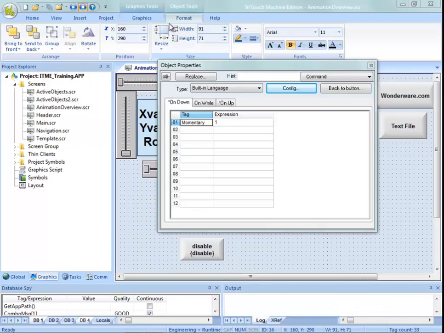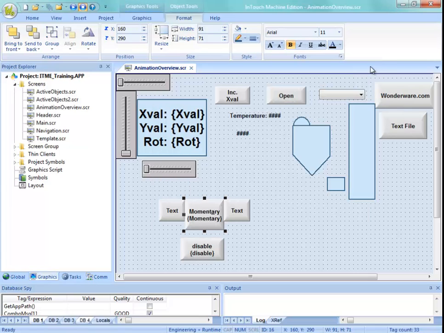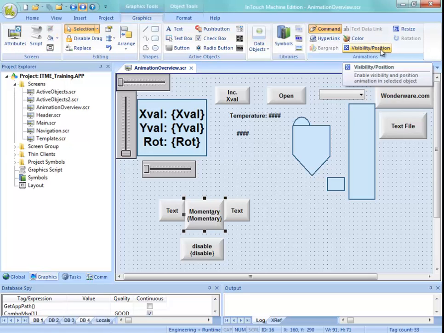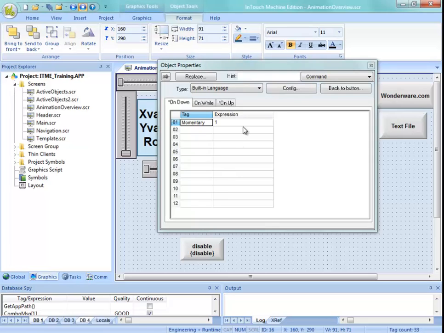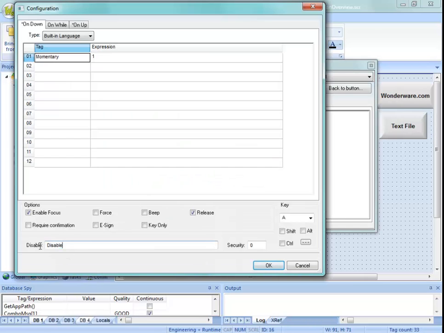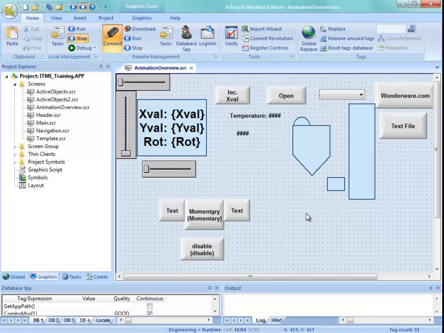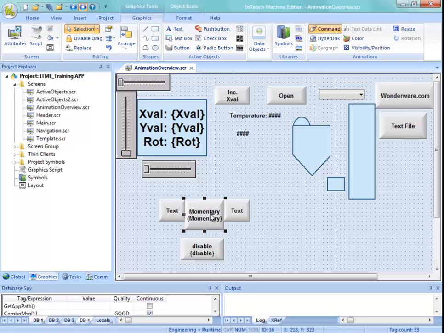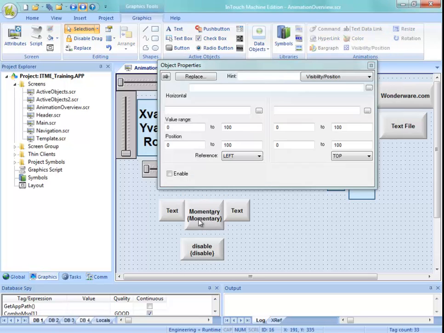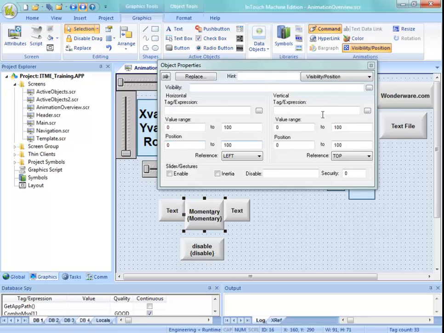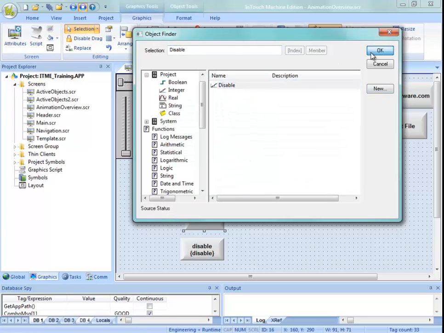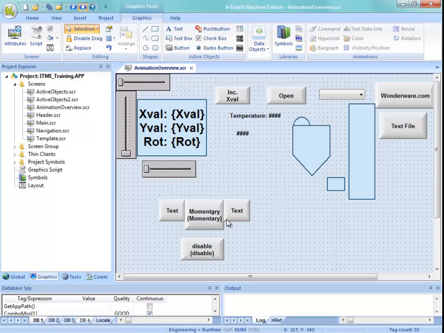Now alternatively, and I think I talked about this when we did some of the overview stuff, we can get rid of the button, hide it altogether. And this comes into play when we start talking about the visibility and position animation. So let's take that disable feature out of here. So turn that off here. And then if I come into this button and I apply the visibility and position animation, and instead of using the horizontal and the vertical, I use this visibility field. And if I put the disable tag in here,